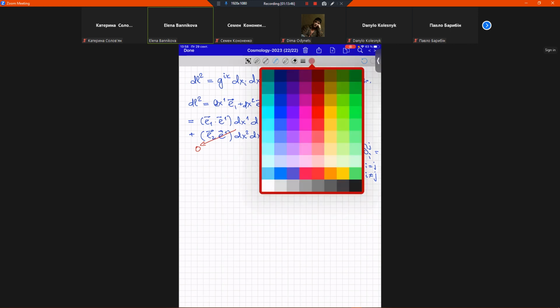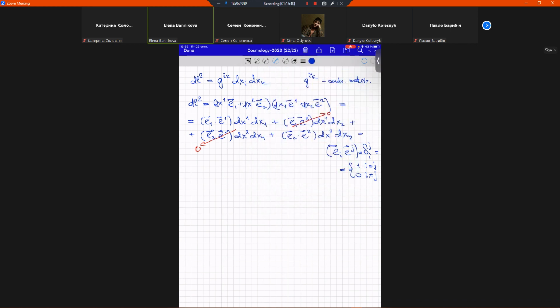So, and I will have that it will be E1, E1. And since this is a unit vector, the modulus of this vector equals unity, because this is a unit vector. So E1 on E1, the same index, will be 1. So finally we will write that we have